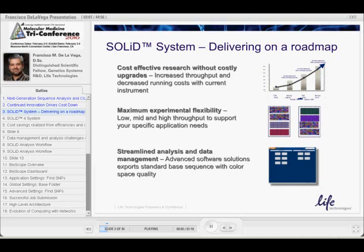Just a few introductory slides about the SOLiD system, so you can see the magnitude of this in terms of data analysis. All of this is based on the scalability of the platforms. In our case, we're using this bead technology that is highly scalable and allows us to continue to increase the throughput of the system with minor hardware upgrades, so no major instrument switching. And it has flexibility in the ability to multiplex samples. If you don't want to sequence a human genome, but rather just sequence all the exomes in the human genome, you don't require that much sequencing. You can flexibly multiplex the